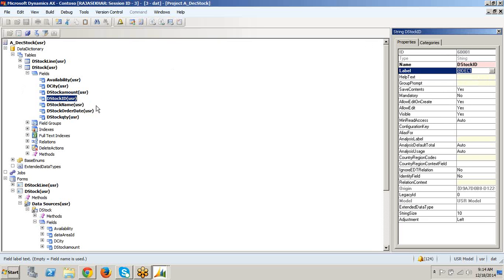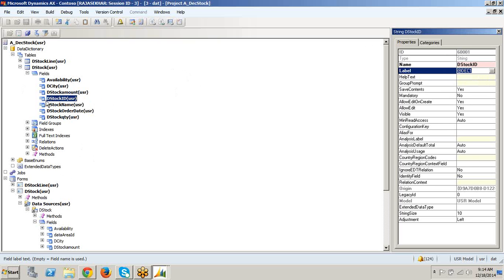So instead of creating this label file text, if I just write stock ID, for any form that uses this field it will be the same. Then why create this at the rate of DEC1?